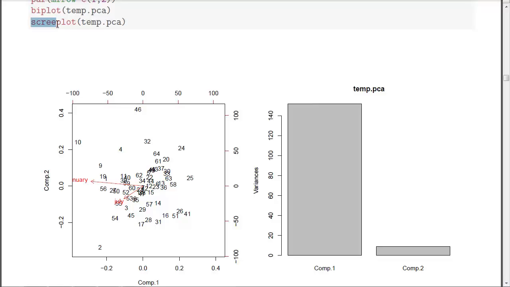Geologists will know scree as if you've got a cliff, like on the side of a mountain, you'll have the sharp drop off. So this represents sort of a plateau and then a steep cliff that falls down. And then the scree is the rubble at the bottom that tends to just trail off, sort of like a right skew distribution. So if we had several components, often what we would find is we have a couple components that are really important and then lots of components that are fairly trivial. In this case, our scree is just the second component, and component 1 is the one component that's important to